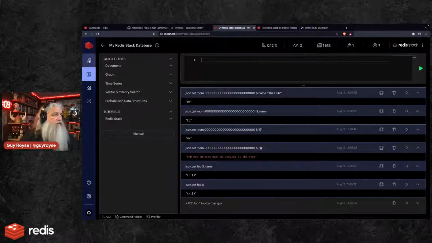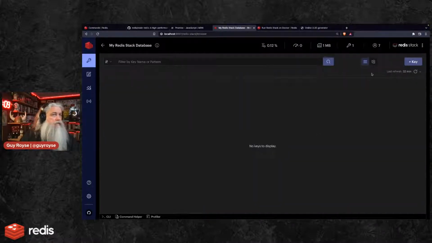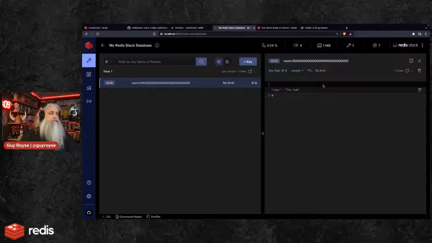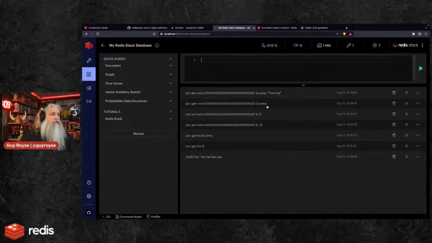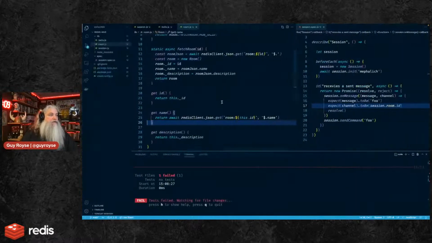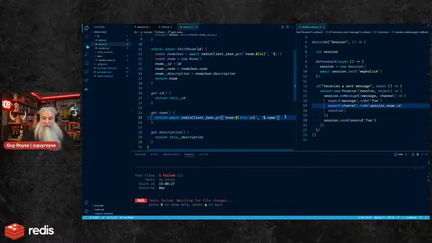We go over here and look at our key. We should now see it has a property of the hub. And so then if we go back over here and query it again using this query here, we can see we get an array with the hub in it. So this call here is going to return an array, but I think I can just do that.